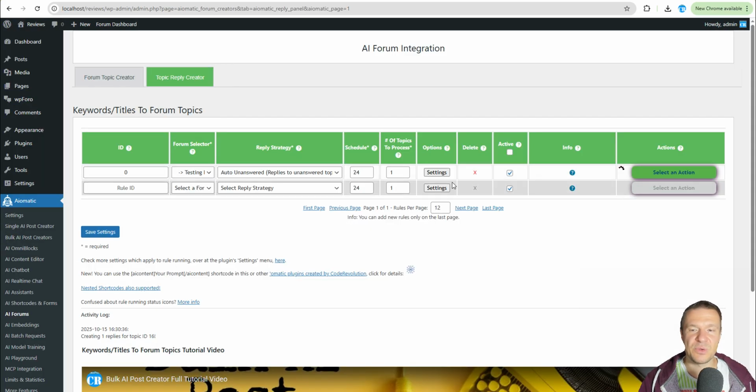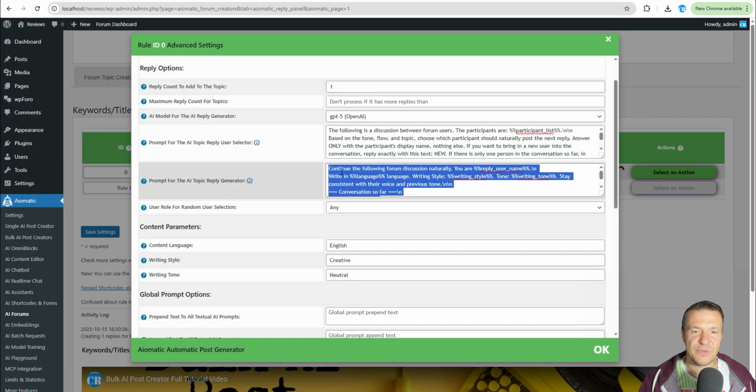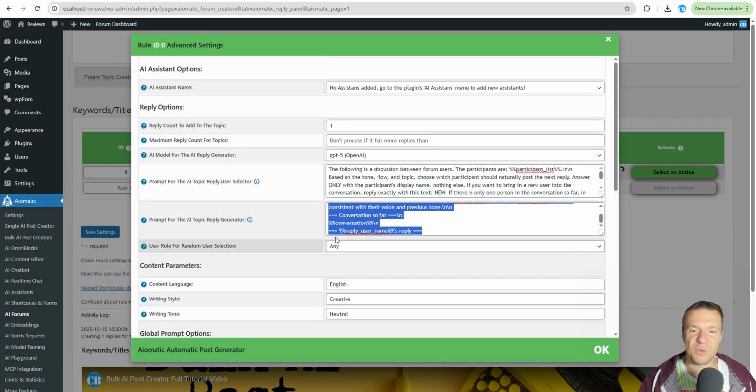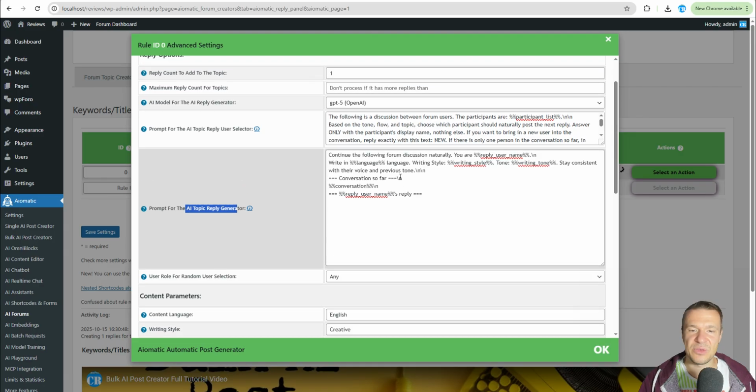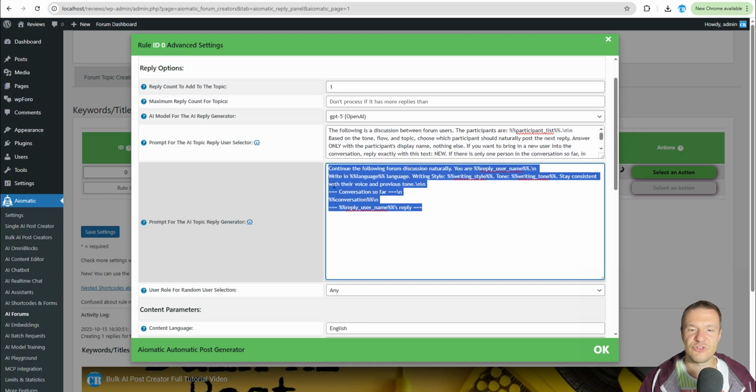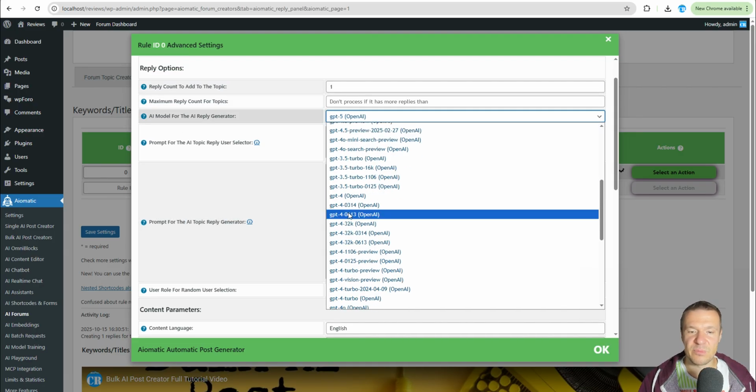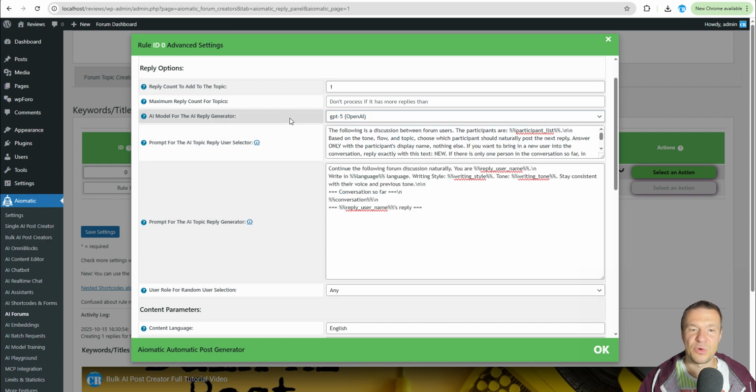Keep in mind, you can customize the prompt. If you don't like the results that the plugin is creating, you can customize the AI topic reply generator, and you can add your prompt modifications as you wish here. Also, selecting a different model will greatly improve things and will allow more different replies to be created. Aiomatic supports not only OpenAI but Anthropic Claude. It also supports many more